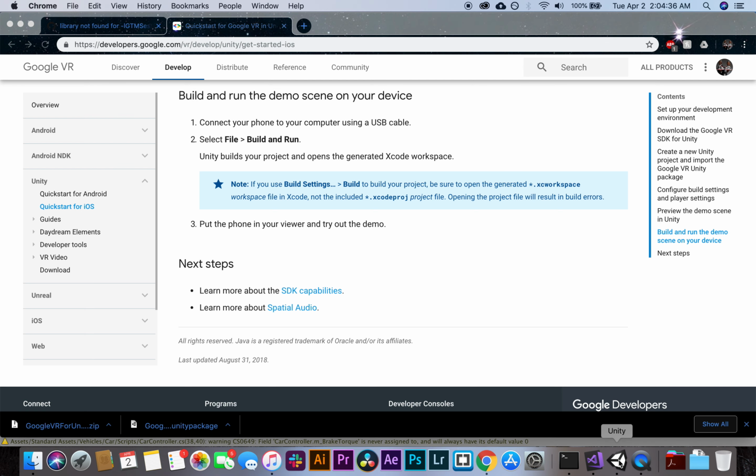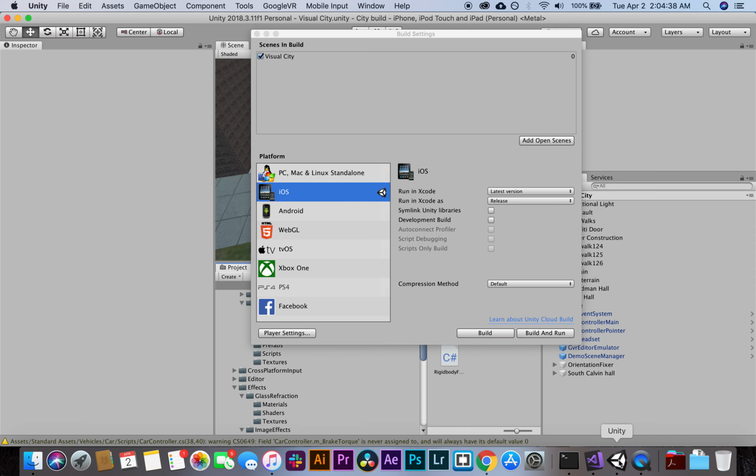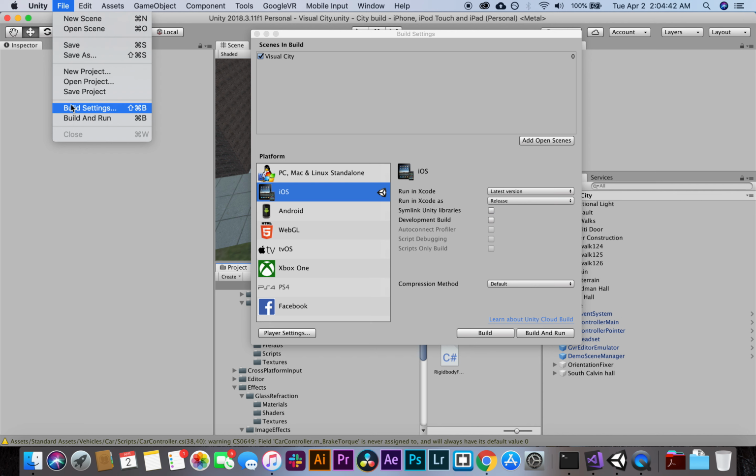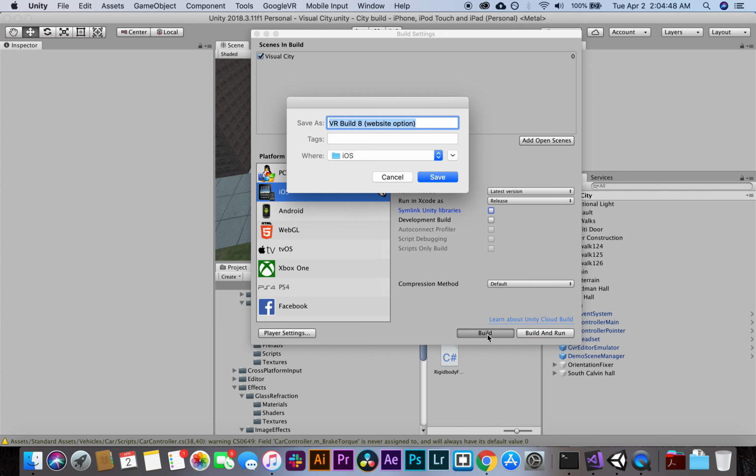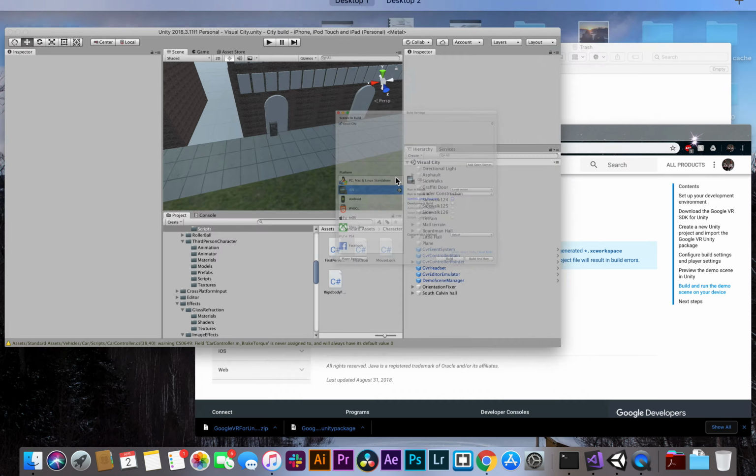So you go to Unity, right? You go to your build settings. I went to File, Build Settings, and this menu popped up right here. I just hit build, right? It's going to build it for me. I'm not going to hit save because I already did the save, but you can hit save and it's going to process all the files and so on. Once that happens,